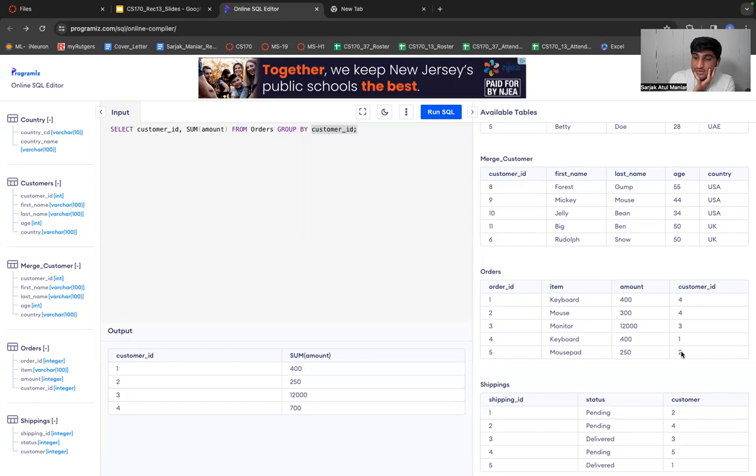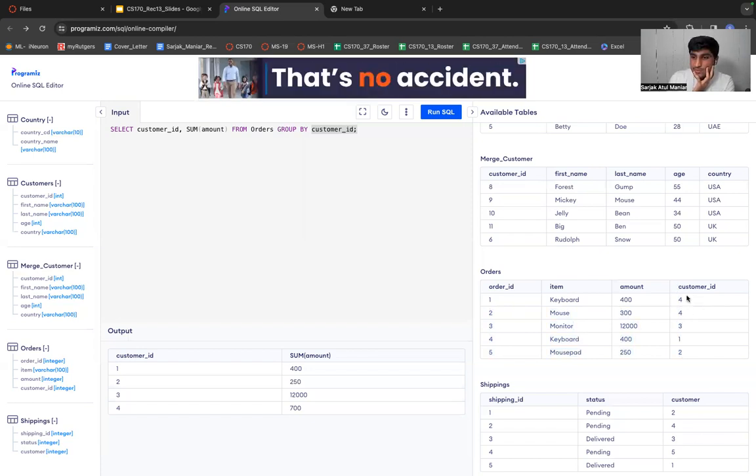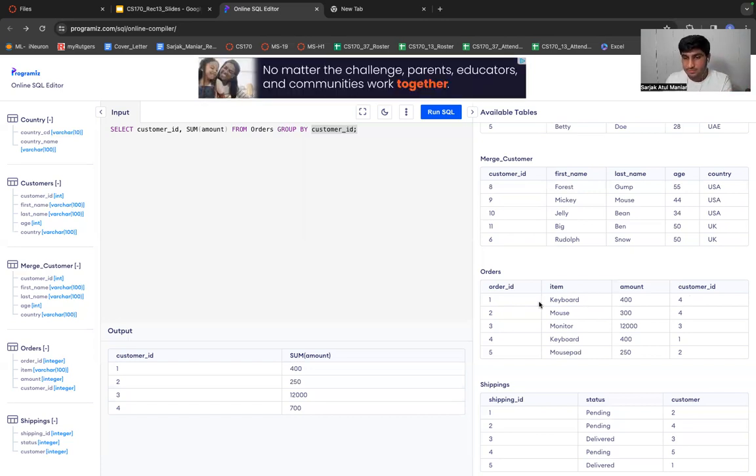Notice that customer ID can repeat, because one customer can order many items, but the order ID of those items will be different.